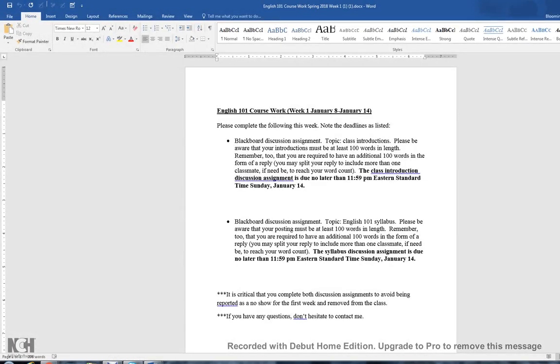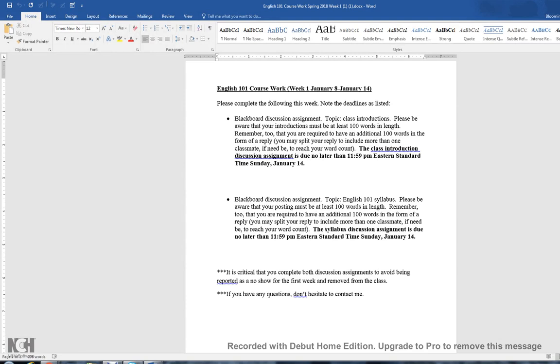And what this does is it just lets you know what you need to be working on for the week. So it says, please complete the following this week. Note the deadlines as listed. You have a Blackboard discussion assignment with a topic for class introductions, and you have a second discussion assignment this week related to the 101 syllabus. These are two separate discussion assignments, so you need to make sure you complete both assignments by Sunday, January 14th